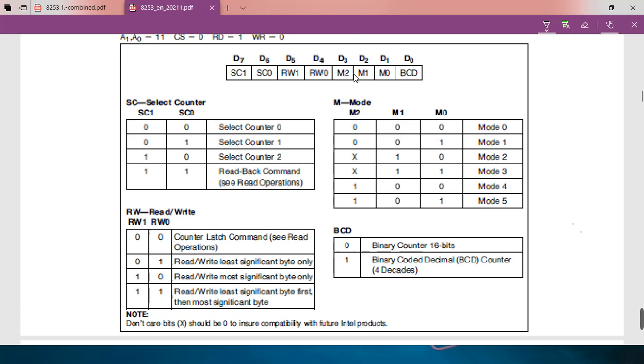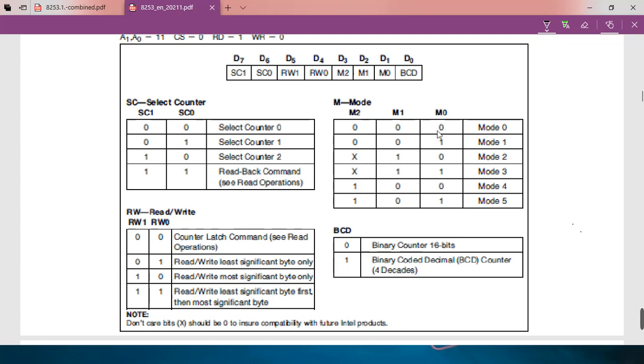So for the mode of timer, it is having 6 modes, and it is decided by the bits M2, M1 and M0. Okay, so if M1 M0 is 00, 01, 10, 11, then it is mode 0, mode 1, mode 2, mode 3. And if it is 0, 1, it is mode 4, mode 5. And in this combination, the value of M2 will be, for the first two it will be 0, for the middle two its value is either 0 or 1, that is X, and for the last combination it will be 1.